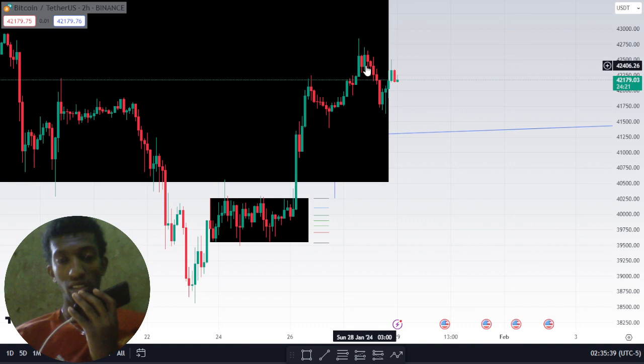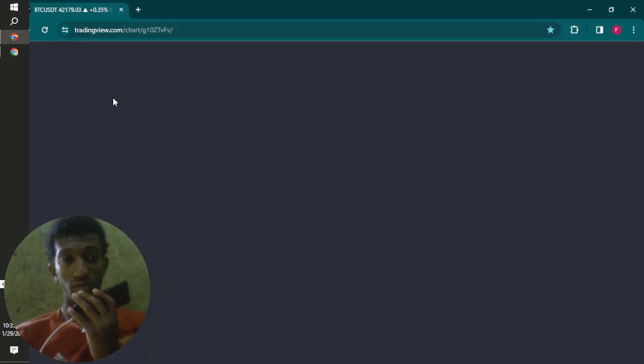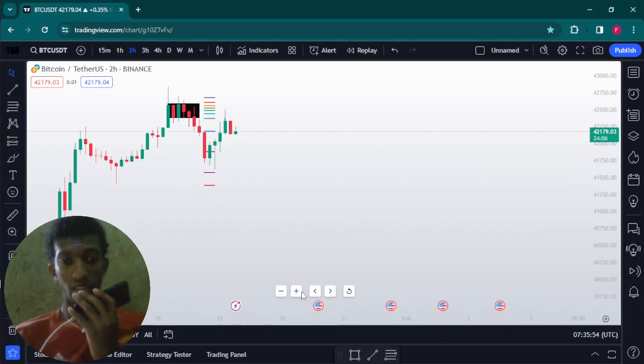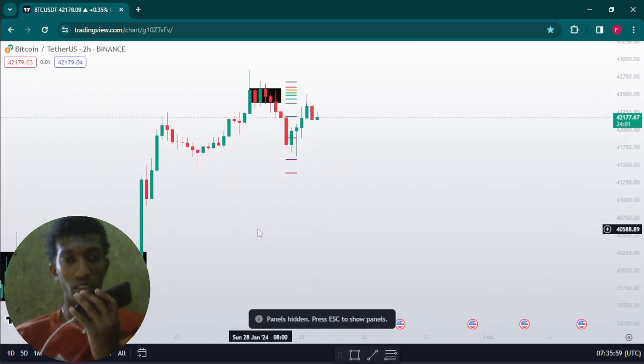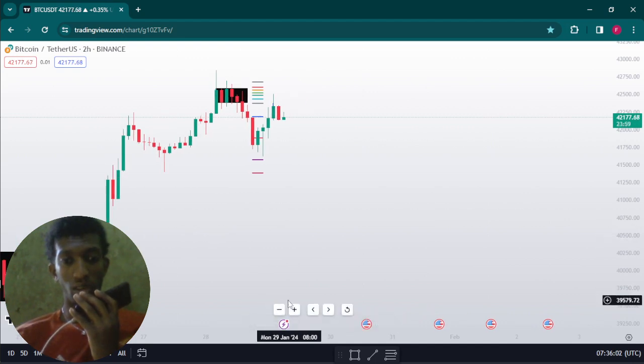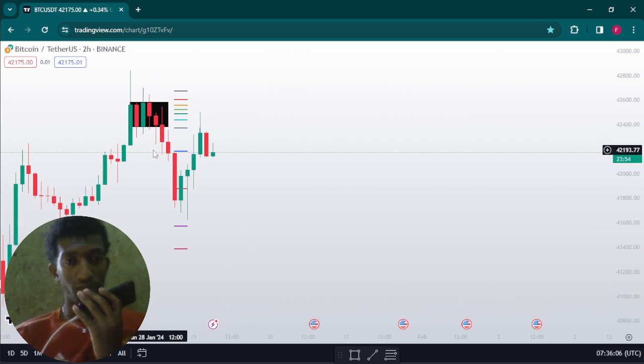Another trade that I took yesterday. This was the trade I took yesterday. The downside, as you can see. Let me show you on the other, right there. This was the trade. I think it was a $400 profit. But I got out on the TP's 70% as this TP because